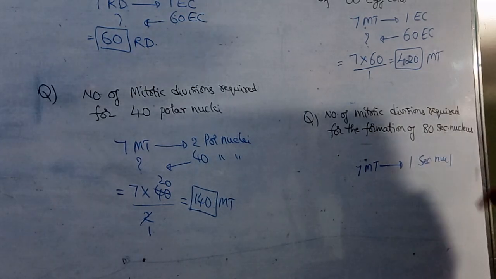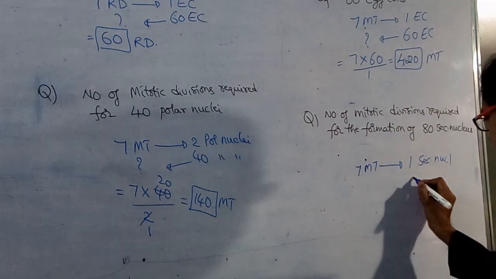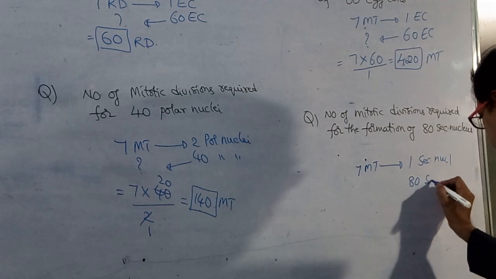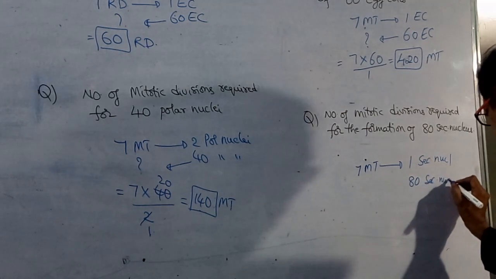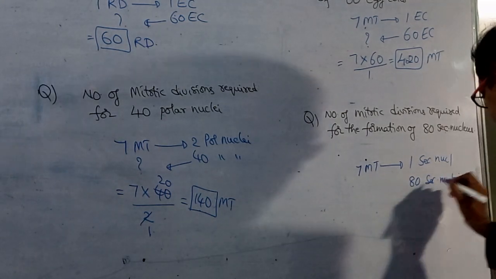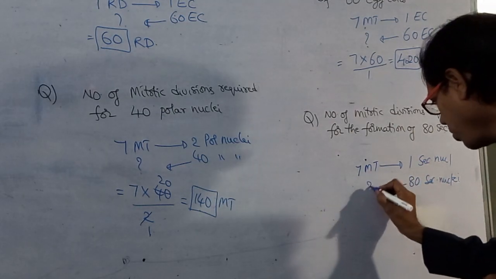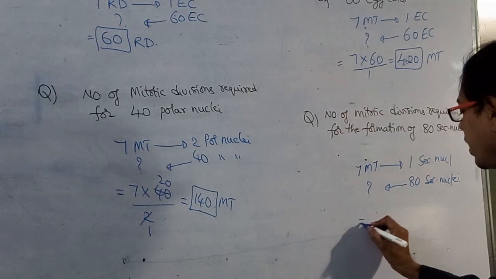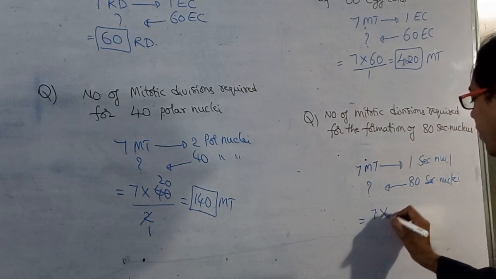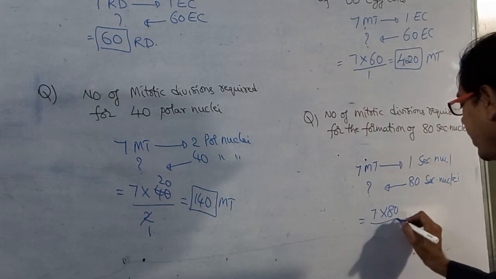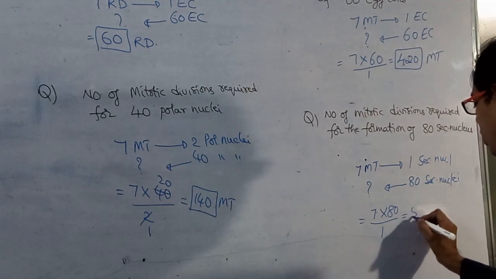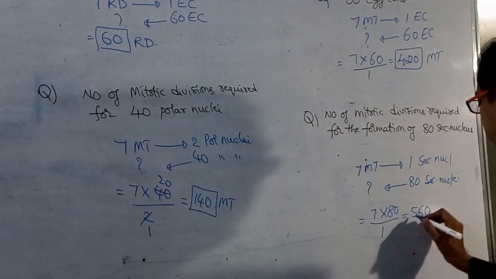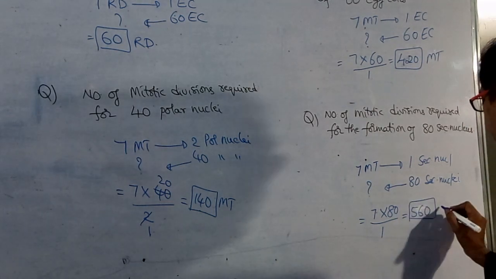How many secondary nuclei are given? 80. How many mitoses are required? Cross multiplication: 7 into 80 divided by 1, that is equal to 560